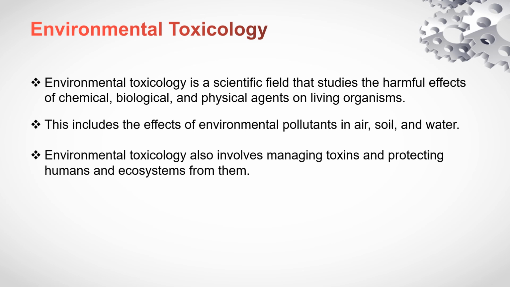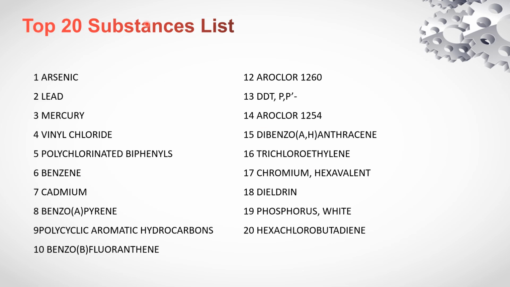I'll tell you, there are so many toxic items which are prevalent in our livable environment. Let me give at least 20 names of them for your consideration. One is arsenic. You know, arsenic is poisonous to human life. Lead, if it gets into potable water, probably leads to poisoning of human life. Things might go from bad to worse in no time. Mercury is again a poison. Vinyl chloride, polychlorinated biphenyls. Absolutely, biphenyls are to be avoided.